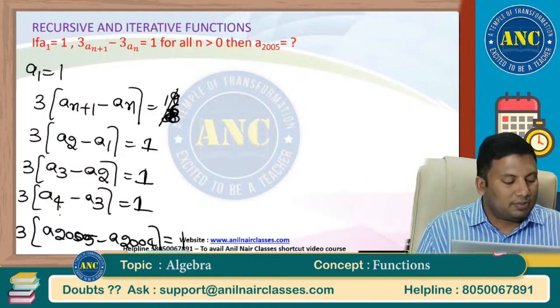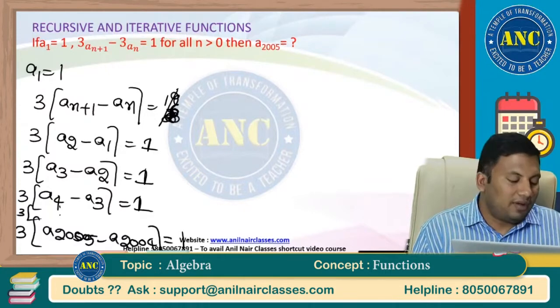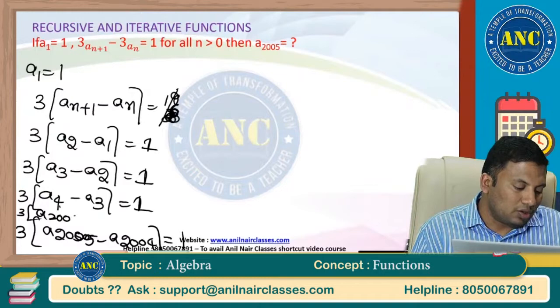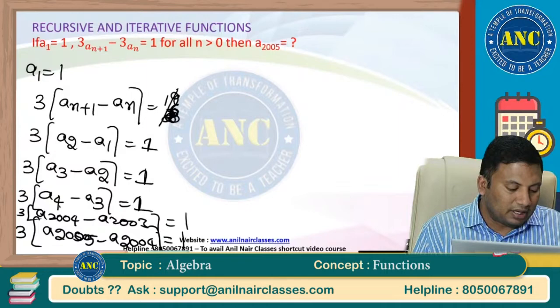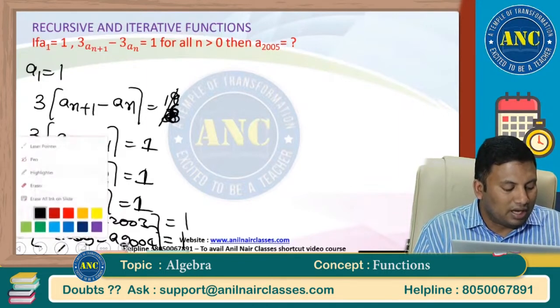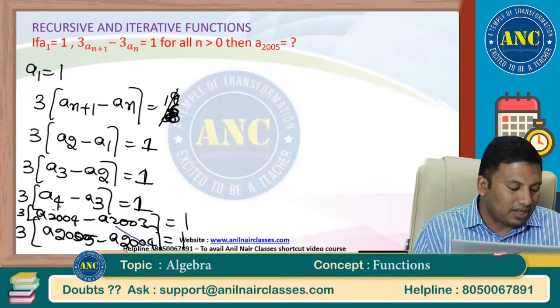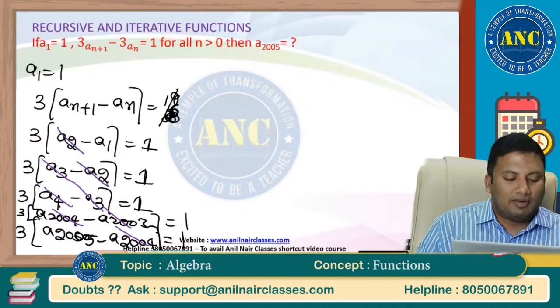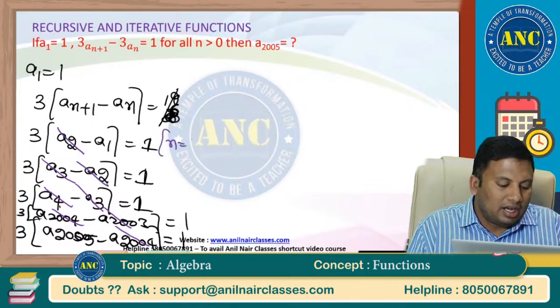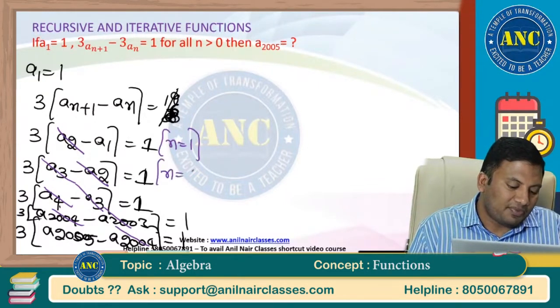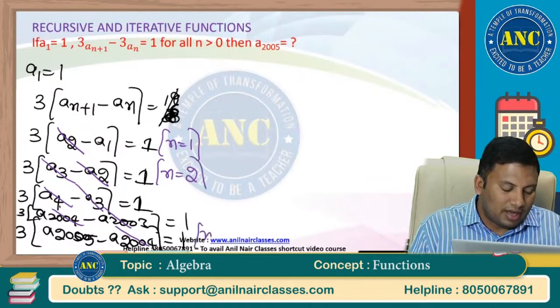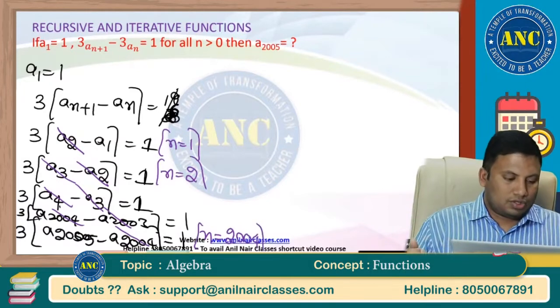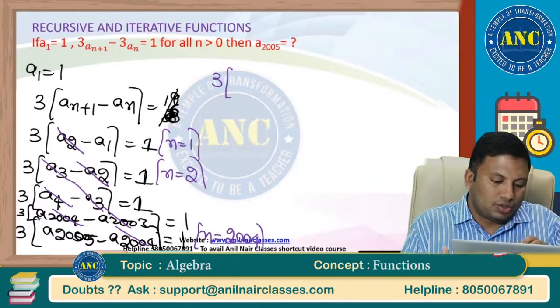I hope you are all there with me. If n value is 2003, a2004 minus a2003 is nothing but 1. So every minus value will have a plus before. Every minus will have a plus before. This is when n is equivalent to 1, this is where n is equivalent to 2, and the last value is where n is equivalent to 2004. So if I add all the values, 3 into